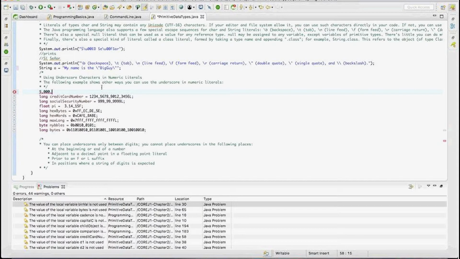But for us to be able to represent the same kind of thing, what we can do is separate the different digits with an underscore, and that way we can have a good representation of those numbers in terms of readability. So if you see here, we have got different kinds of notations. We have got hexadecimal, and hexadecimal words, or hex words as we call them, which are nothing but hexadecimal numbers, but they are separated four